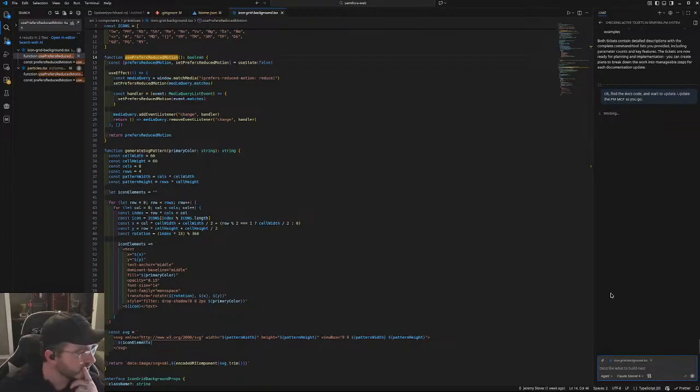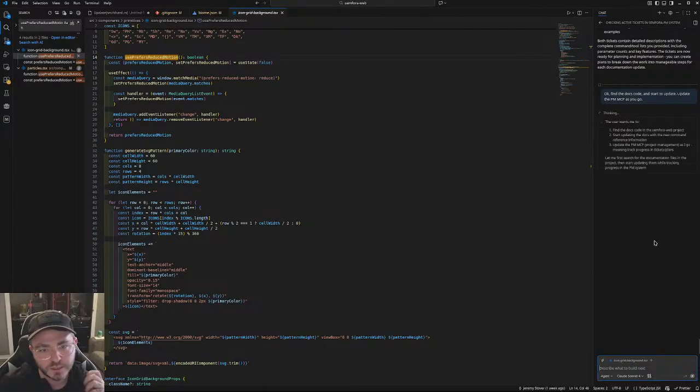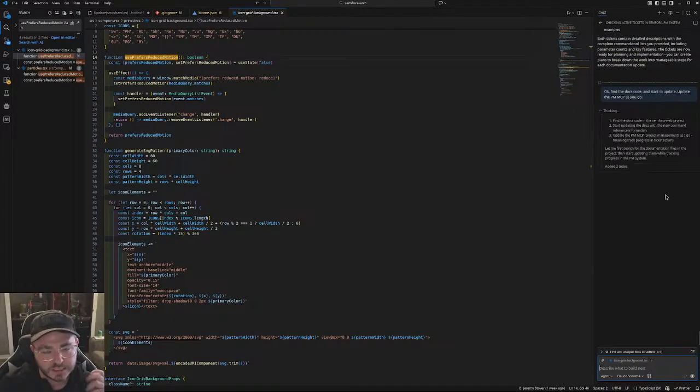All right, this is actually the first time that I've used the PM MCP in addition to edits with VS Code. So let's see how well it can find the